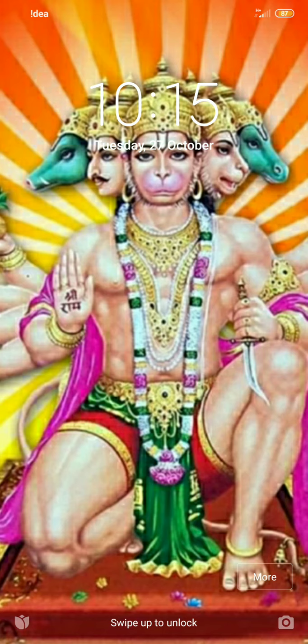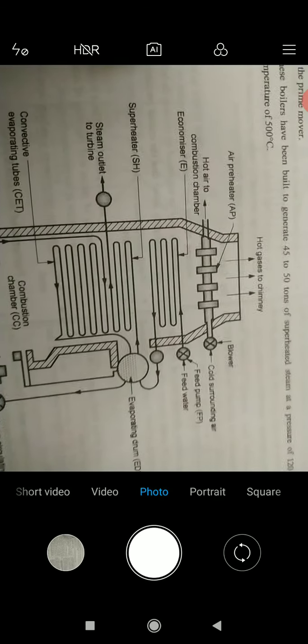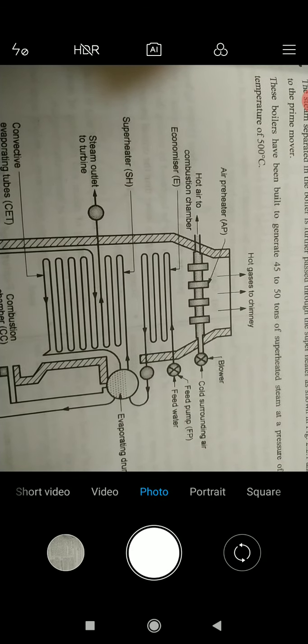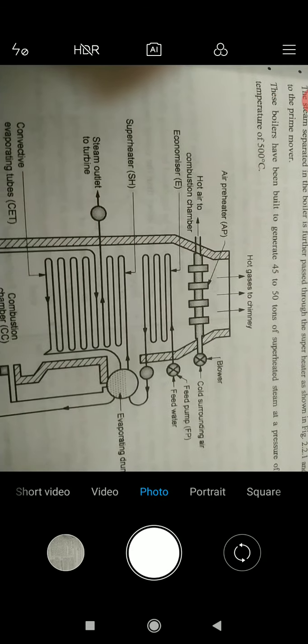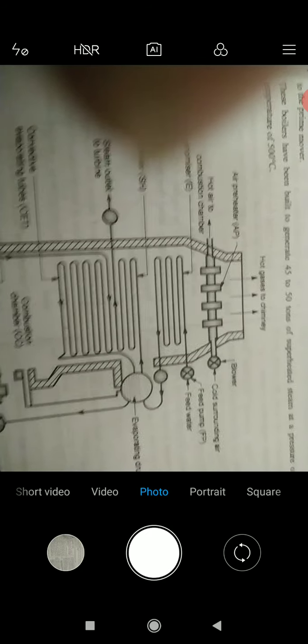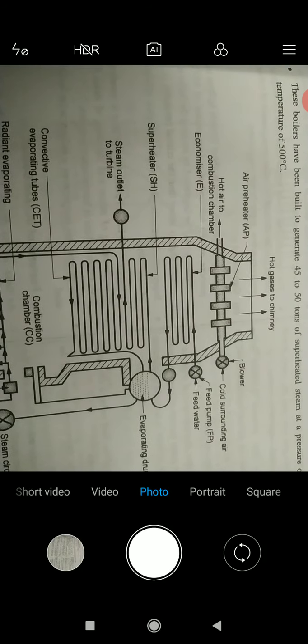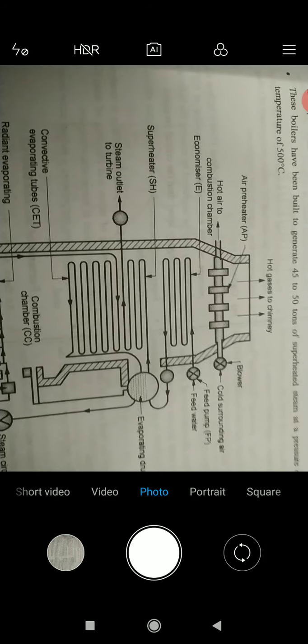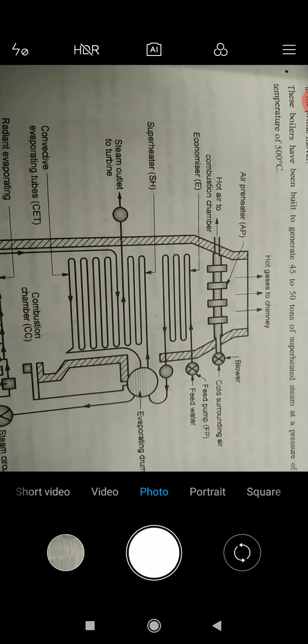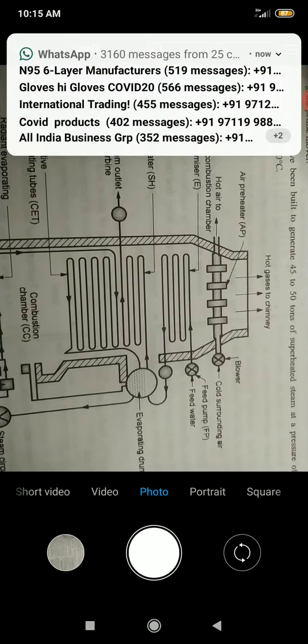There are certain advantages of this boiler. The advantage of this boiler is that it is flexible, compact and has a small size of drum. But the disadvantage of this boiler is that the formation of bubbles on the inner surface of the tube reduces heat transfer and steam generation rate, as it offers higher thermal resistance than the water film.